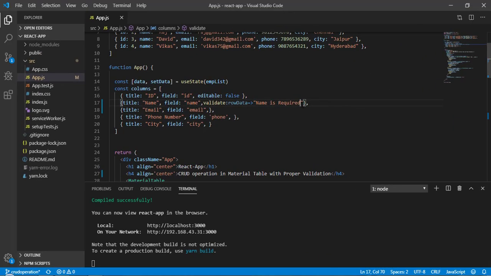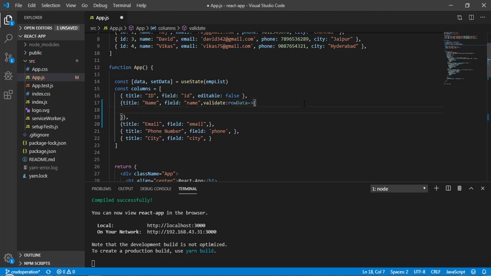Now in another case, what we want is to check whether the name is there or not, so we will validate. For that, let's create an object, meaning the curly brackets, and I will check if rowData.name equals undefined, because I want to validate the name field here.